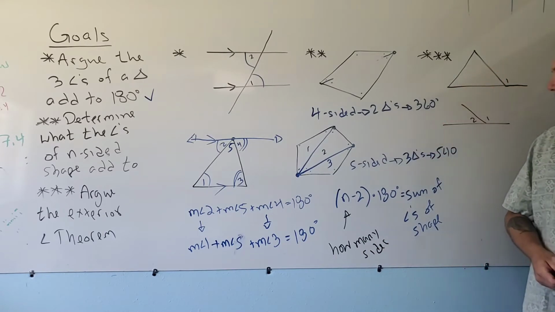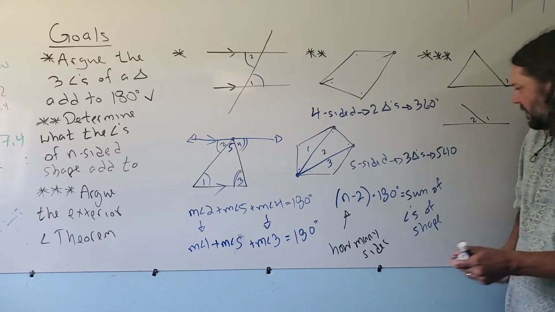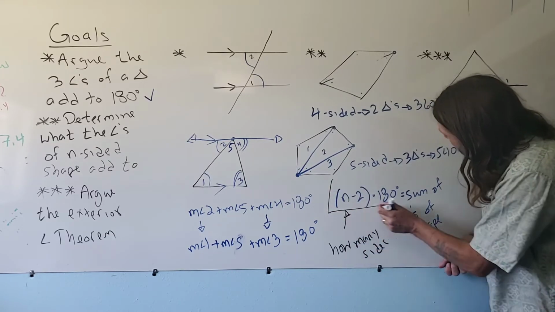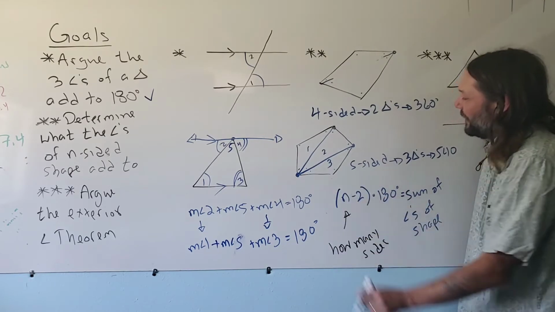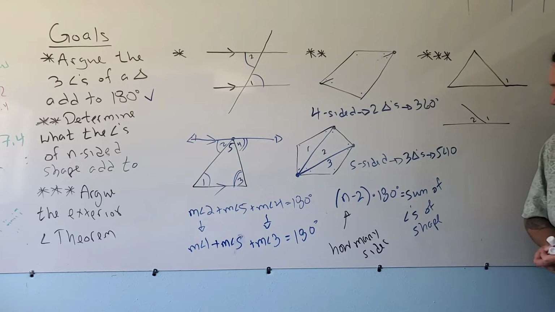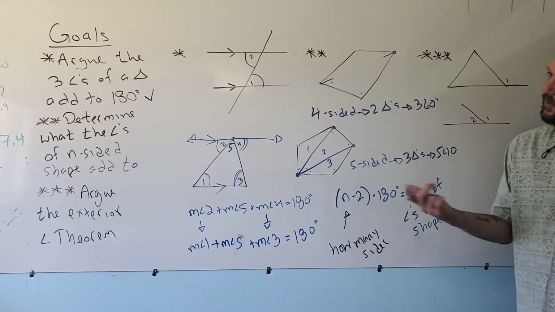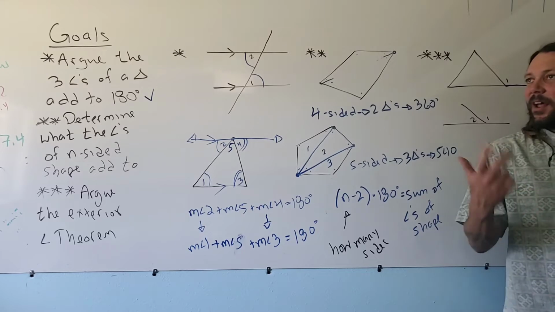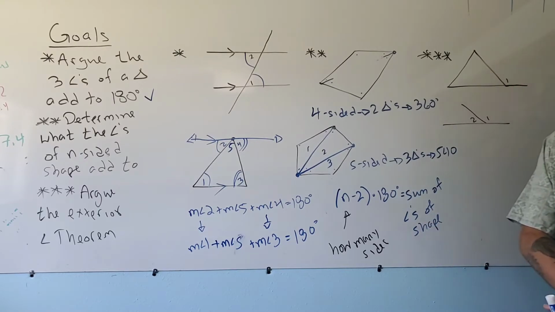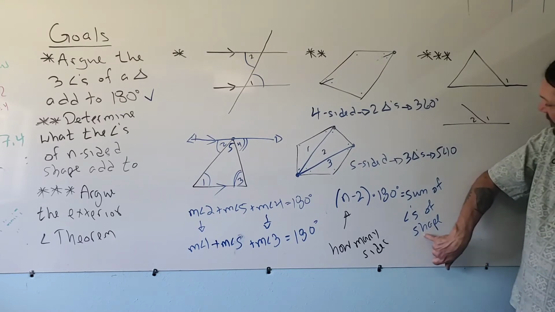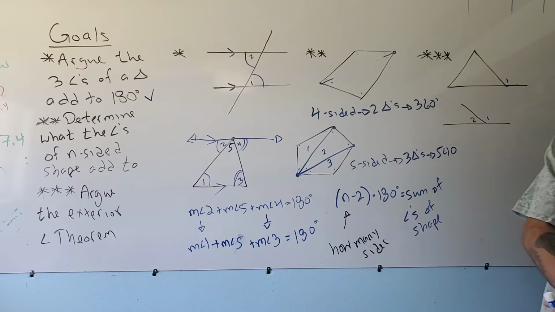And what this formula allows us is to have 2 different starting points for this problem. I can start off with a problem with a certain number of sides and ask what the angles add up to, and you can work that out. Or I can tell you what the angles add up to, and then ask you to determine how many sides